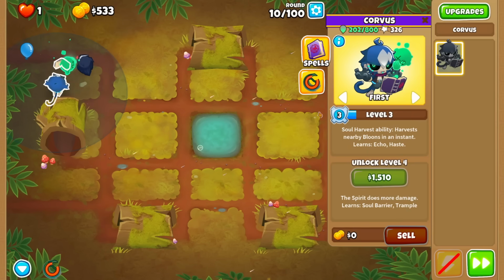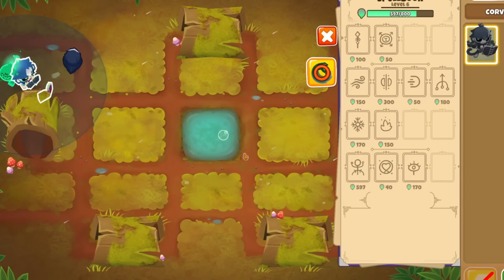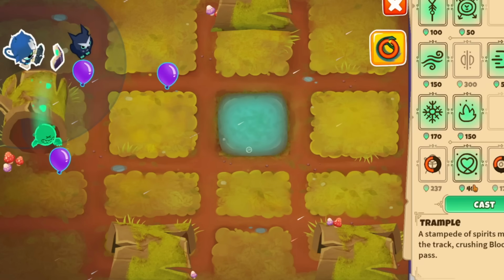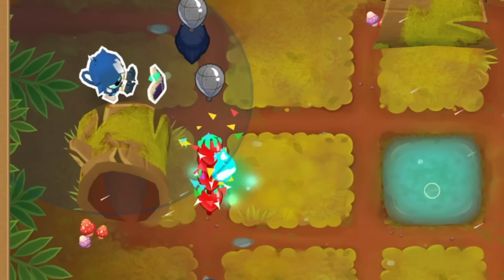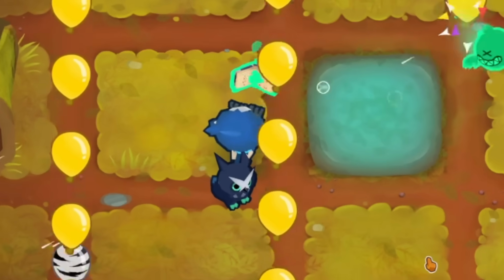From here, I just used Nourishment and his level 3 ability Soul Harvest basically anytime they were off cooldown. In fact, outside of Nourishment, the first spell we used was Vision for the round 24 camo green balloon. But shortly after that, we started casting spells left and right. We used Trample on the round 25 purples, Ember on the round 28 and 30 leads, Trample on the round 32 purples, Vision on 33's camos, and then we Spirit Walked Corvus to the middle of the map once they